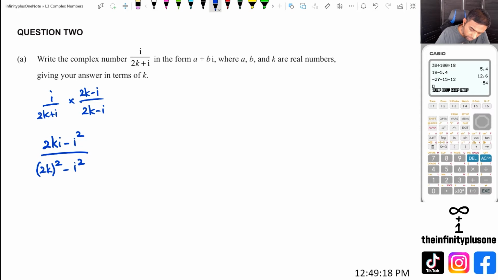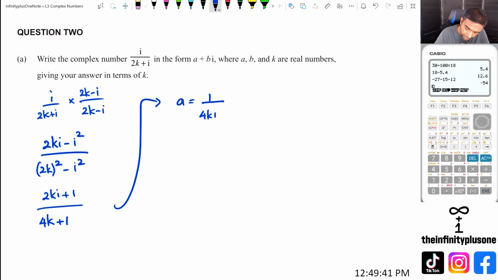So 2ki minus i squared will become plus 1, divided by 4k squared minus i squared, which is going to become plus 1. So a value is going to be 1 over 4k squared plus 1, and b value is going to be 2k